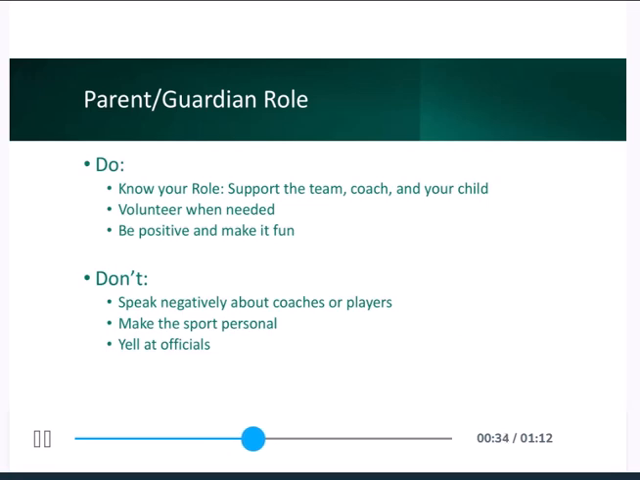Please be positive and make it fun. Our main goal is that your child has a great experience. Please don't speak negatively about coaches or players. It will affect your son or daughter and make it a less enjoyable season for them. Please don't make the sport personal. There are games. There will be wins and losses and ups and downs